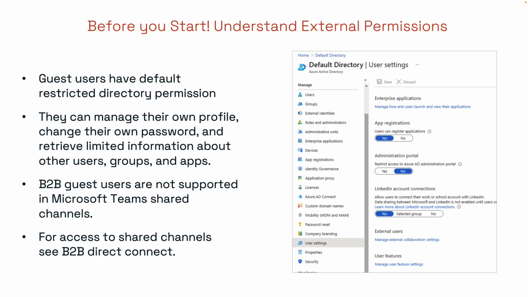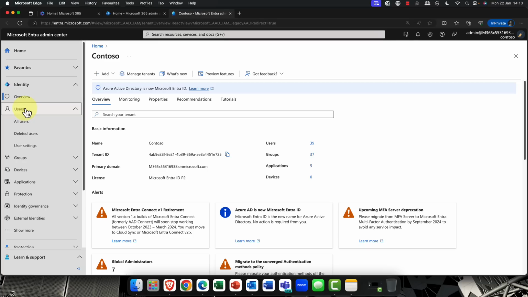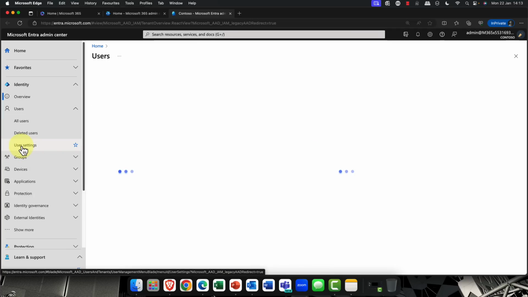So before you start, you need to think about what's the difference between guests and members. Typically it comes down to this page in the Entra ID admin settings. If you go into the user settings, you'll see this here. So typically, what permissions does the member have over the guest? Let me show you what I mean. So here I am in the Entra ID Admin Center, and what I'm going to do is come down to the users pane here, and you can either go into all users and user settings, but you can also see that we have the user settings here as well.